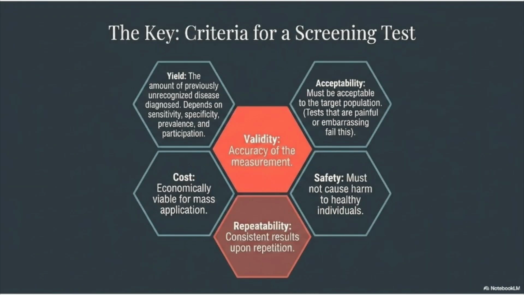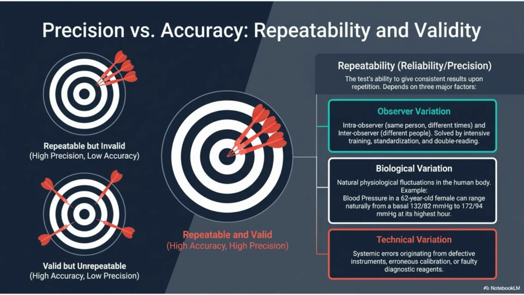Now let's discuss another important topic, the characteristics of an ideal screening test. An ideal screening test should be easy to perform, inexpensive, non-invasive, safe, and acceptable to the population. It should produce consistent results every time it is repeated and should correctly classify individuals as diseased or non-diseased as often as possible. These two characteristics, consistency and accuracy, bring us to two important concepts, reliability and validity. Although these terms sound similar,